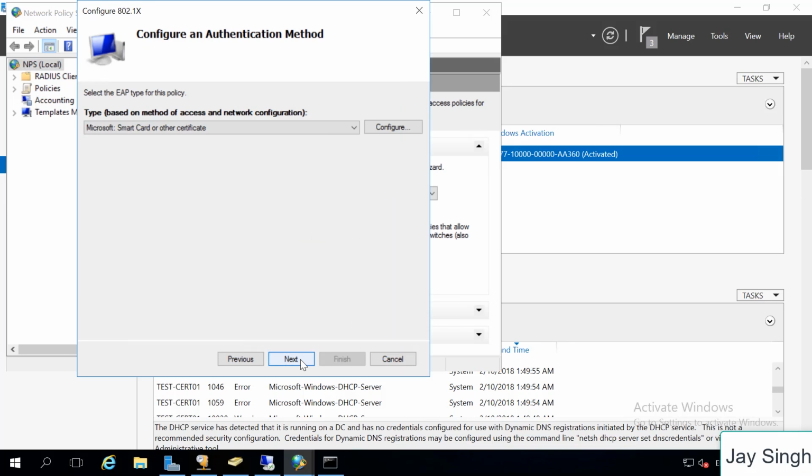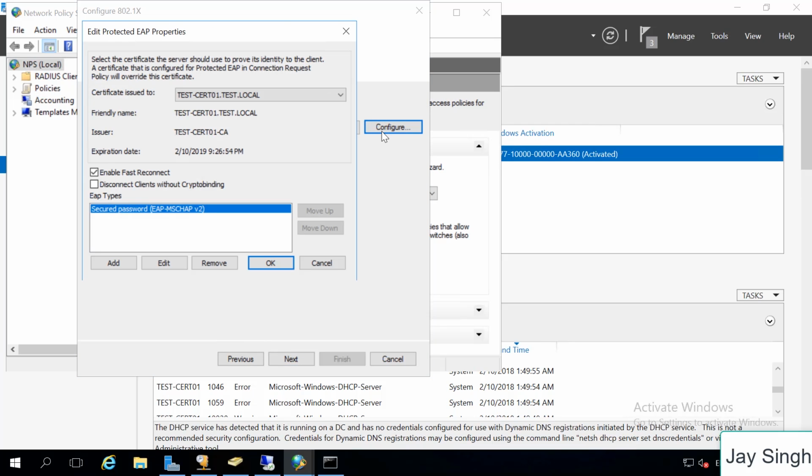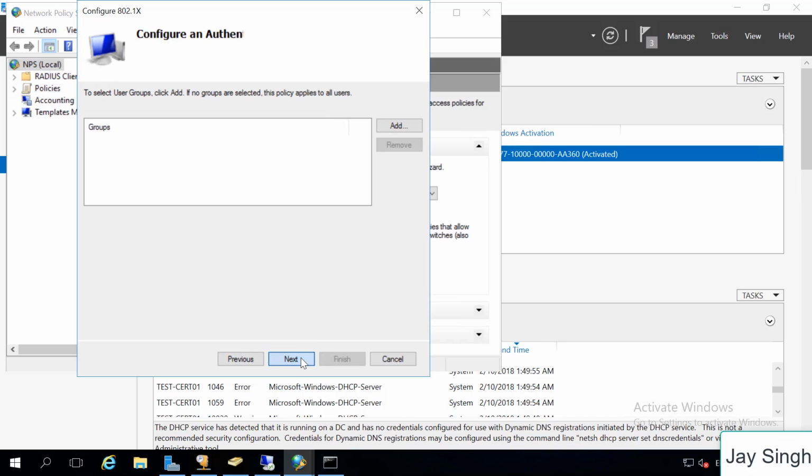Click OK, next, and I would like to pick Microsoft Protected PEAP. If we click on configure, it has already picked up a certificate. So that certificate is expiring in 2019. It's the same certificate that we requested. Okay, and then next,